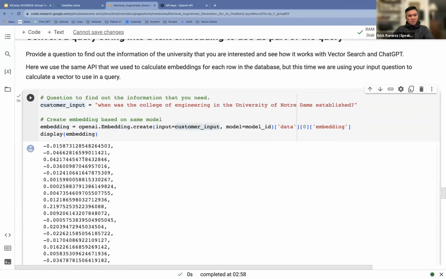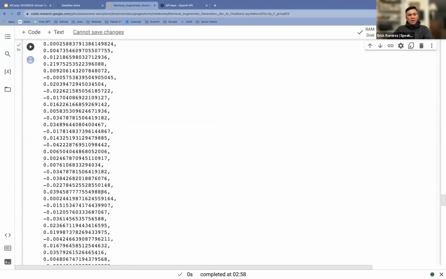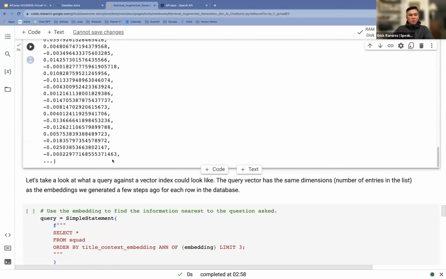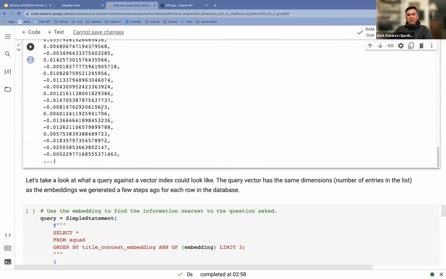As you can see, this is the actual embedding. These are floating point numbers, and as I mentioned earlier, for this model there's 1,536 different dimensions. That's how many floating point numbers get generated.